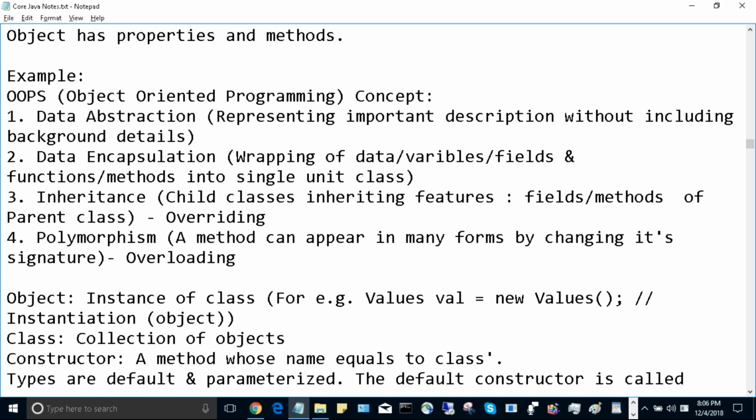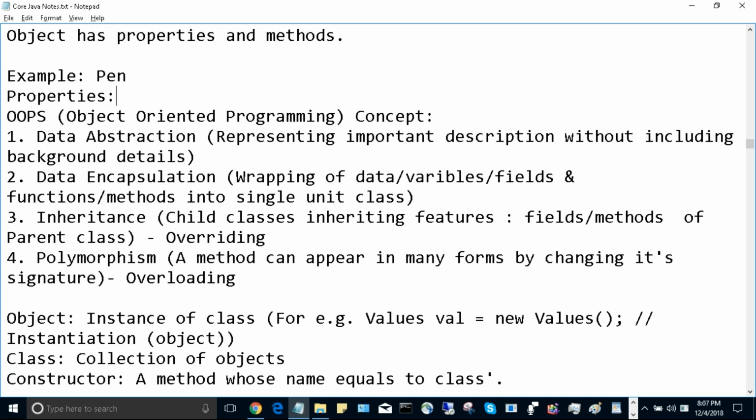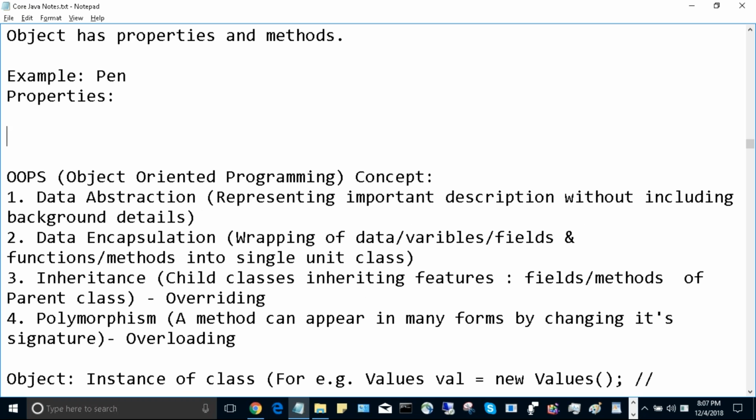Example, a pen, right? So what are its properties? Anyone? It has color, height, and width,